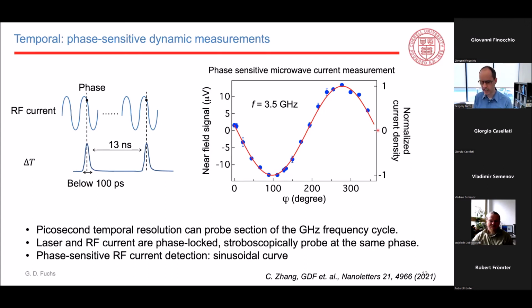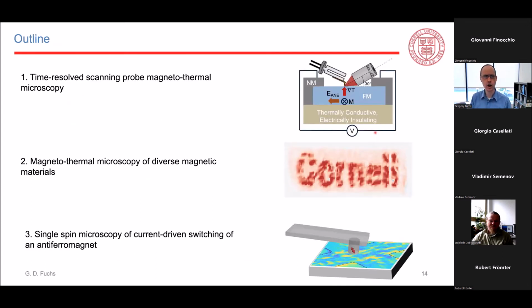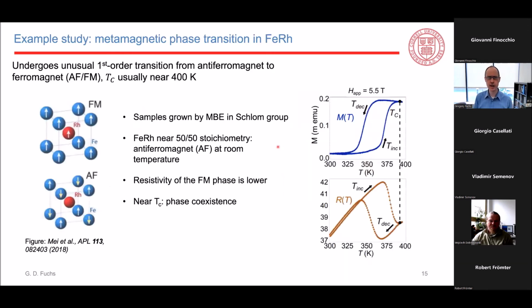So this is pretty neat for understanding how magnetism responds to currents. Okay, so now what I want to do, and I want to maintain the time here, is tell you about how we're using this magneto-thermal microscopy to look at some interesting materials. So I want to quickly introduce you to one of the materials we've looked at, which is iron